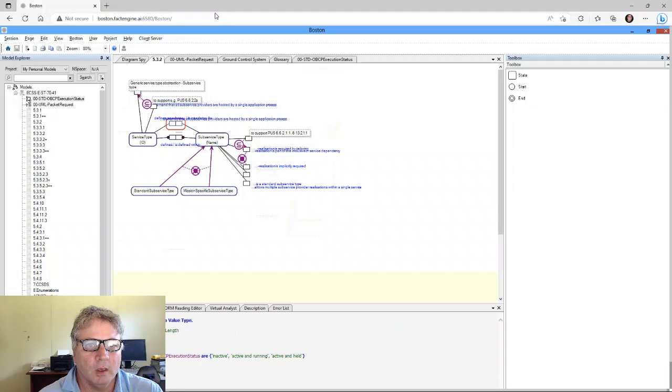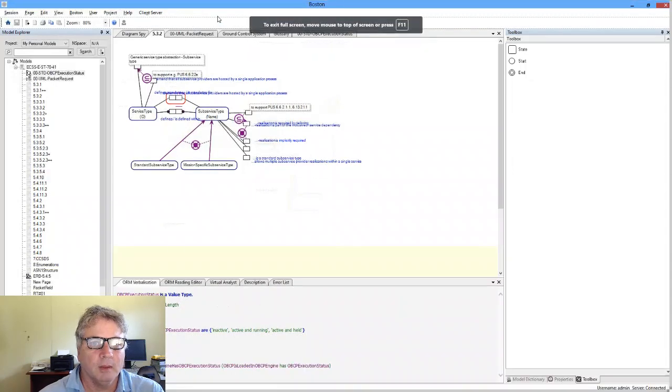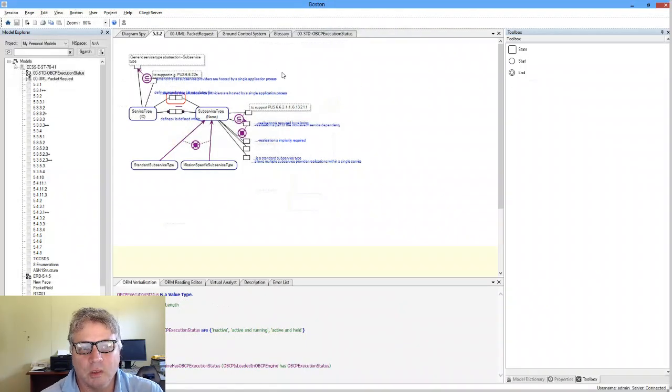So this is in a browser. If I hit F11, for instance, in the address bar, that maximizes, and all of a sudden I've got a full version of Boston inside a web browser. So that might be handy, and that's object role modelling